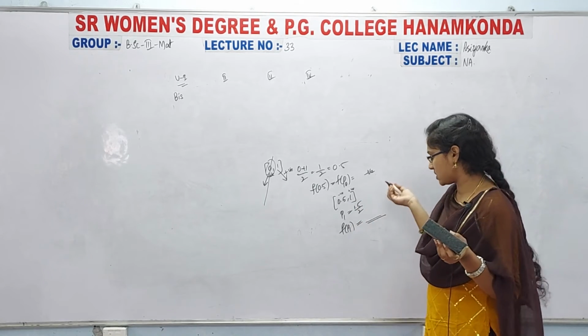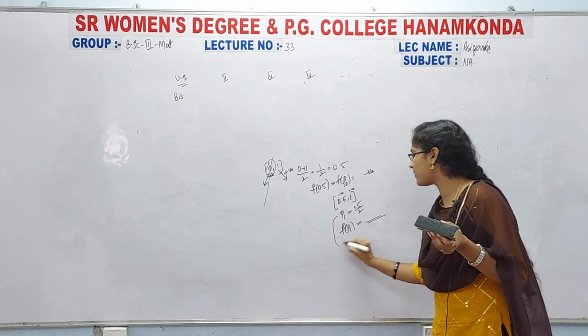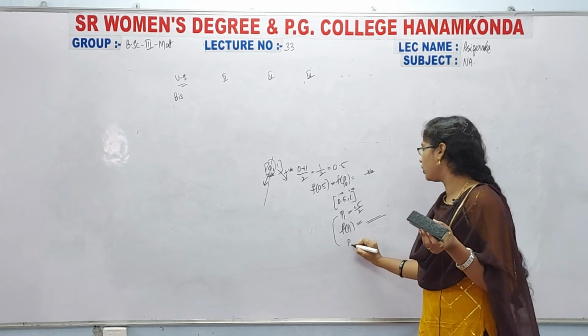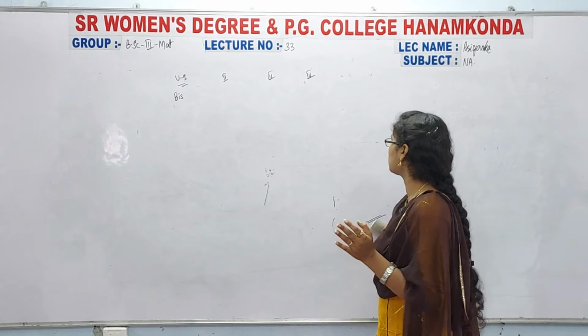Okay, next here we just have to check. Next we have to take this value. Next we have to calculate p2 and so on. The same procedure we have to follow for the bisection method.